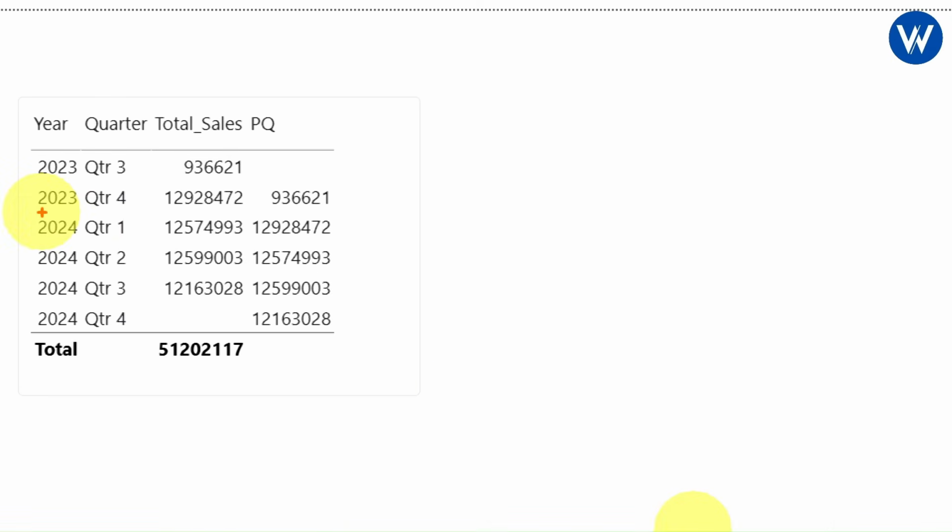Here we can see the quarter 4 sale, which is this one. Now it will show you the previous quarter sale, which is this value. It came because the quarter 3 sale is this one. And for quarter 3, before quarter 2 sale is 0, so it will show here empty. It is blank. In the same way for the remaining we can see. And in the quarter 4 2024, the total sale is 0, which is blank. So it will return this value, which is the quarter 3 sale.